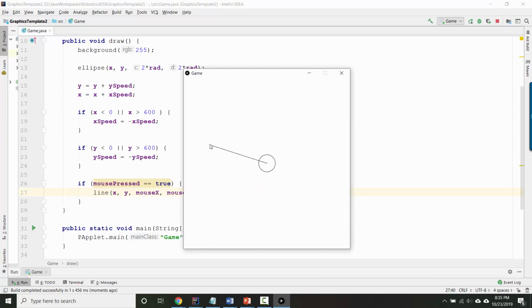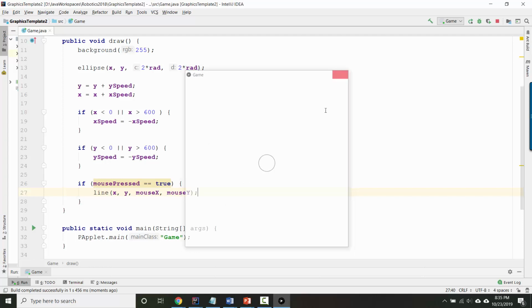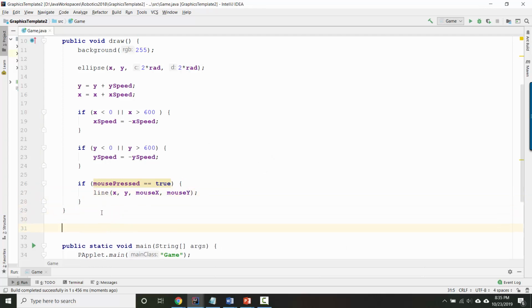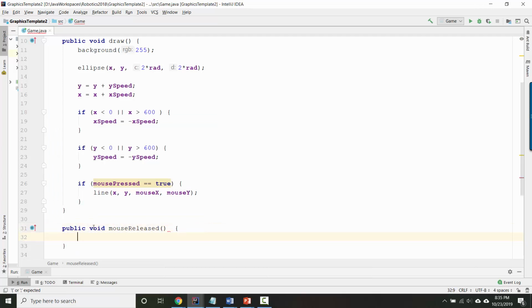And I want it so that when I release the mouse, that's when the ball actually moves. So we did this one time, but you might not have remembered it. Here I am outside of the draw method. So notice there's the curly brace, the closing one. Underneath that, I'm going to say public void mouse released. You have to spell the word released correctly here, and you've got to make sure that it's a capital R, otherwise this built-in method won't work. But this method will run automatically whenever you were holding down the mouse button and then you let go of it. So what I want to do is set my x speed and y speed to a